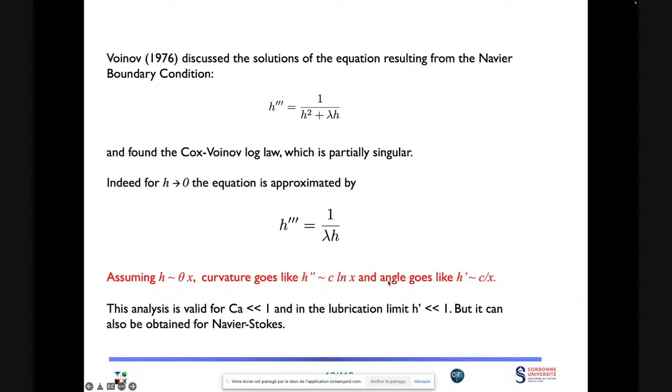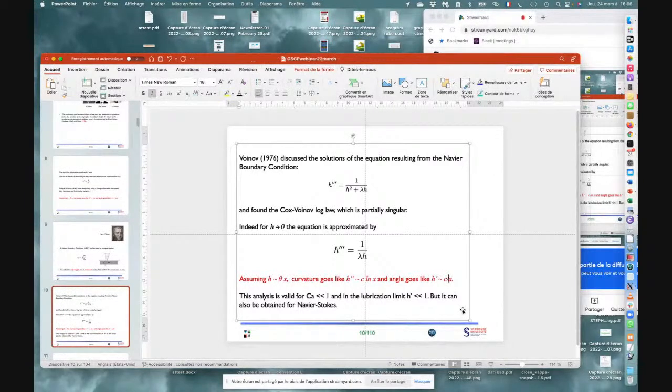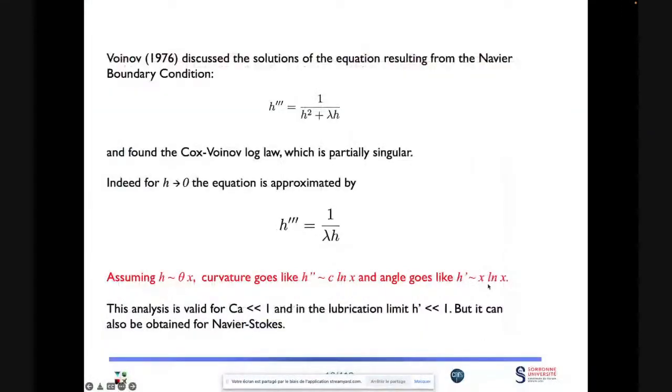this gives you an angle going like x log x. So it gives you a finite angle at the singularity. So it is much better in terms of angle and the aspect of the interface, but you still